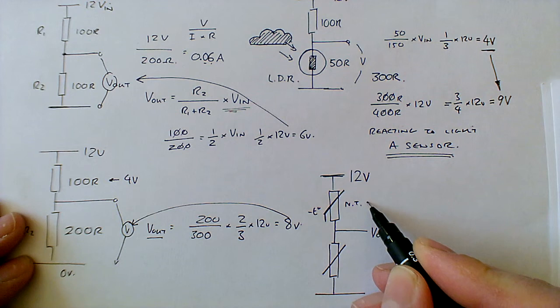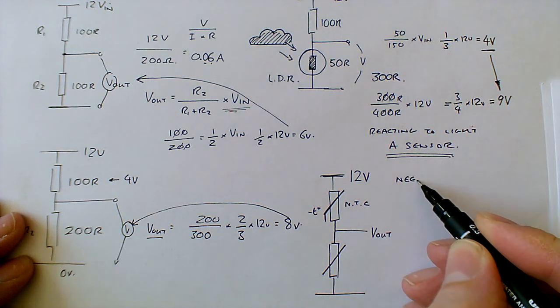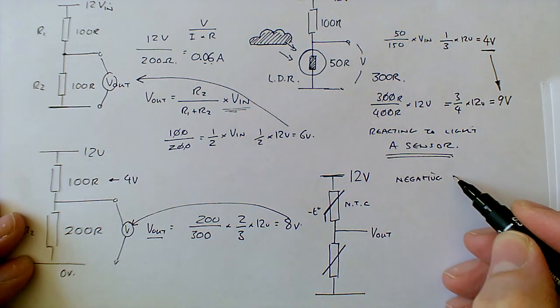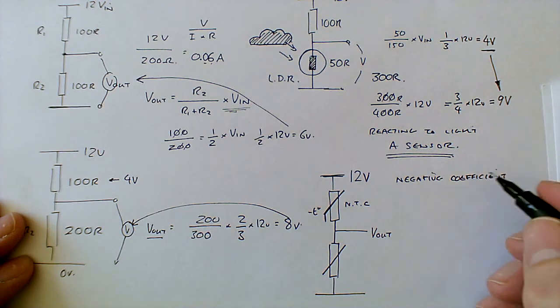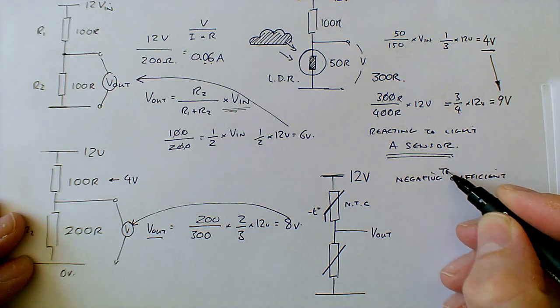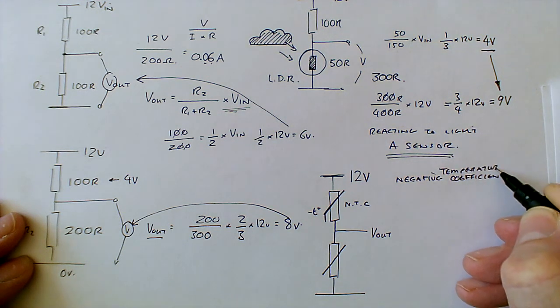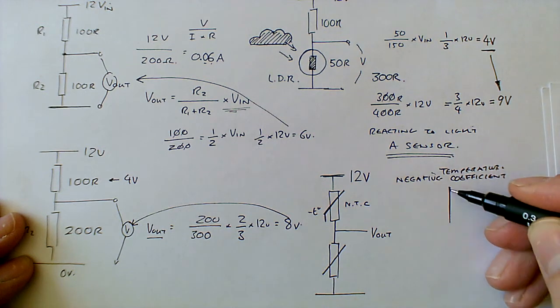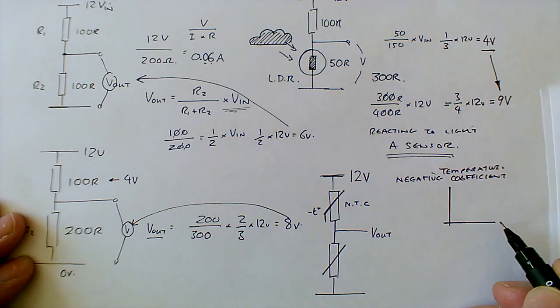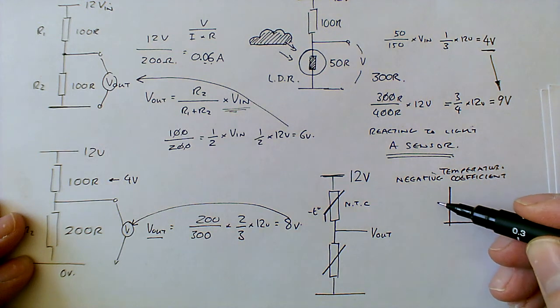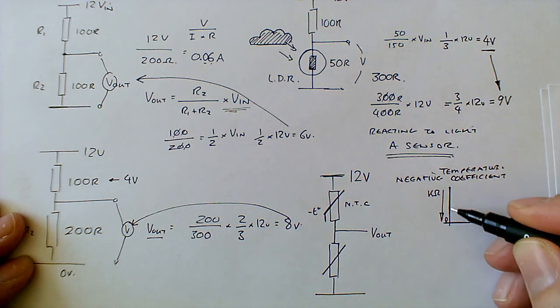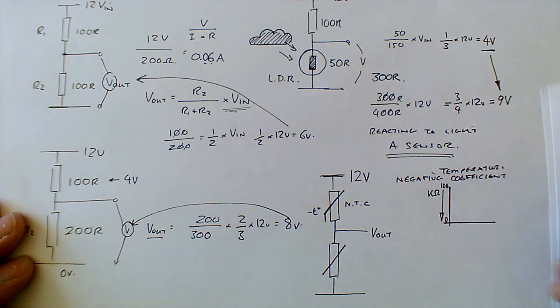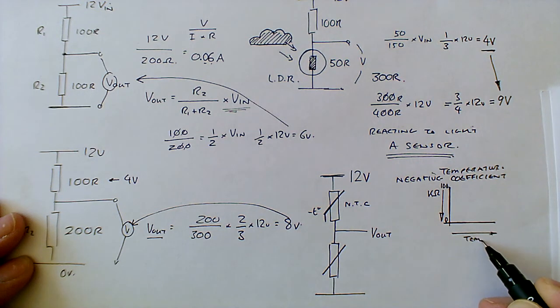So this is described in the question as an NTC, which is a negative temperature coefficient. Basically this operates on a graph that looks a bit like this, where resistance goes like so. So you'd have 0 to, let's say, 100k, and the temperature goes along the bottom,